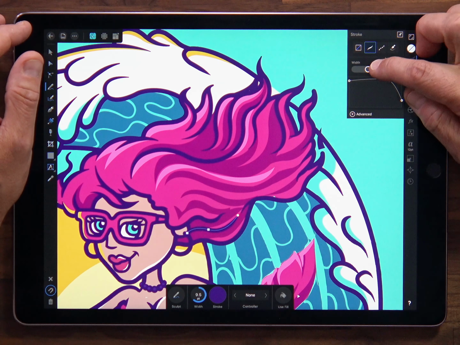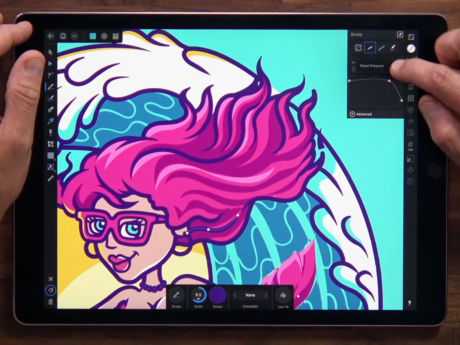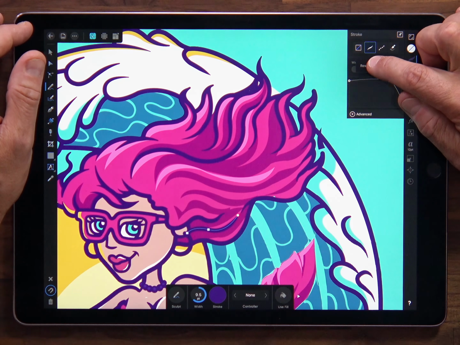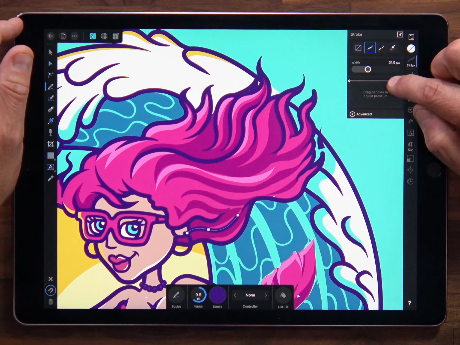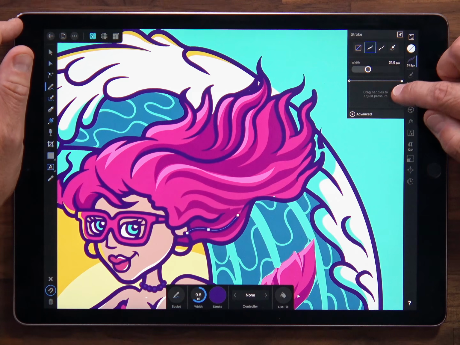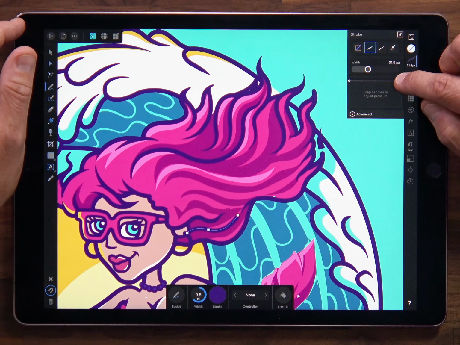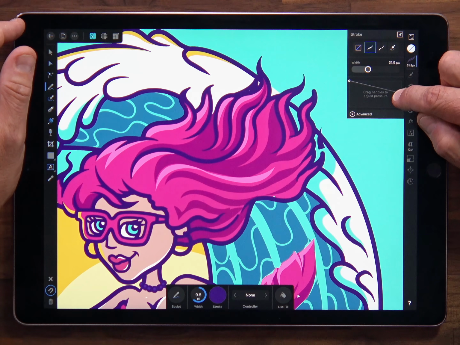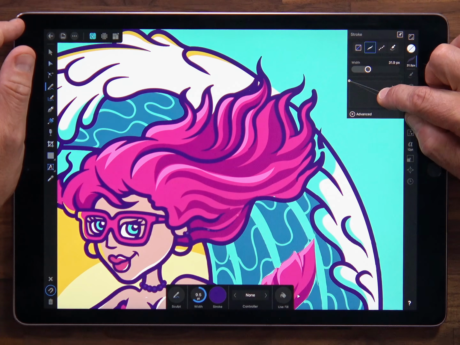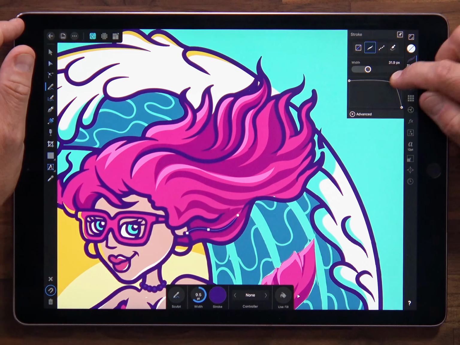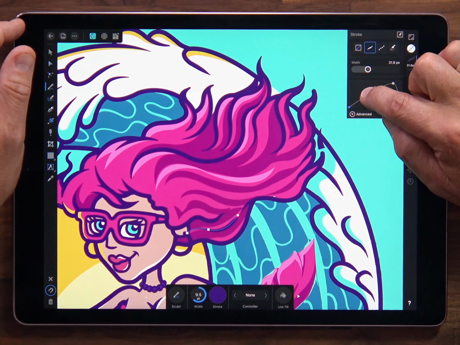And I want to keep the width the same, but if I just do a long press on reset and reset the pressure to get back to kind of the default pressure graph there, or the profile, I can formulate the profile. It takes exactly the stroke that I want. So if I just bring that down there and just tap on there upwards to form like a curve, and then back up here,